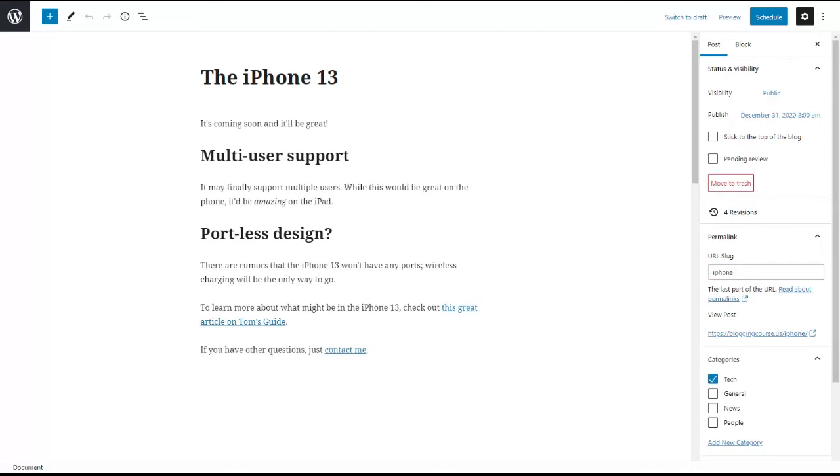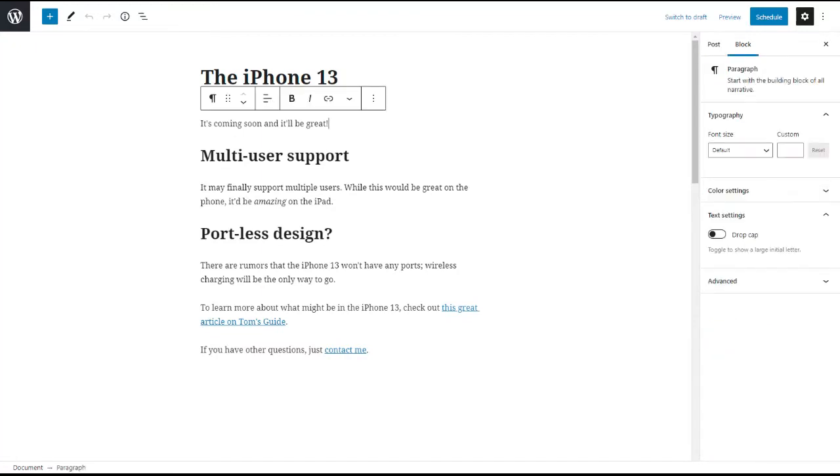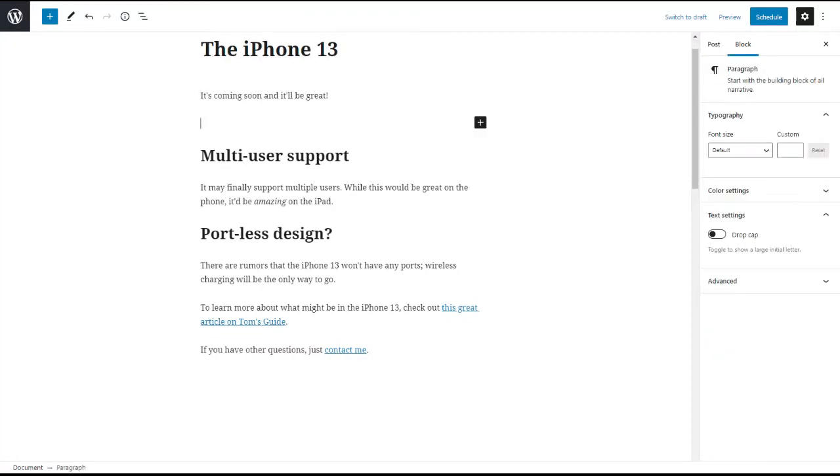All right, so now you have some content in your post. You have some headers and some italics and some links and various things in there, but the big piece we're still missing is images. And there's a couple things we can do for images that make this work well for you. So first thing we can do is just hit enter and create a new block, a new area for